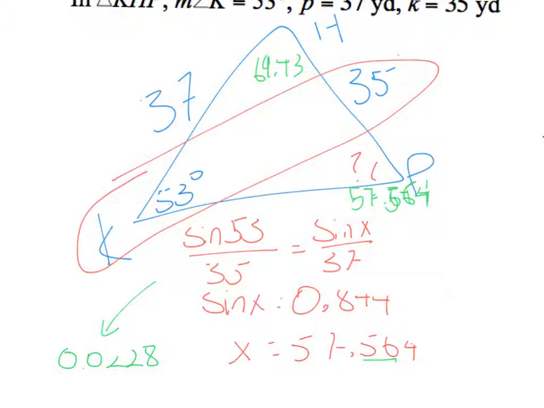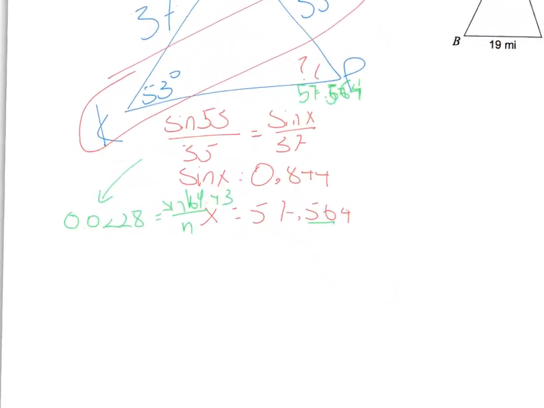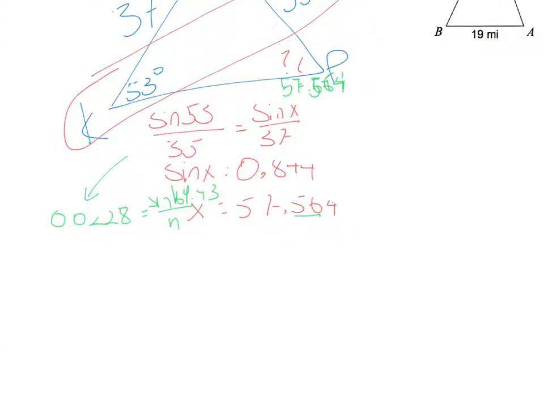0.0228, and that's going to be equal to sine of h, which is 69.43 over little h. This is barely legible. I'm going to zoom out a little bit. I'm going to multiply both sides by h and divide by this piece here to get h is equal to,